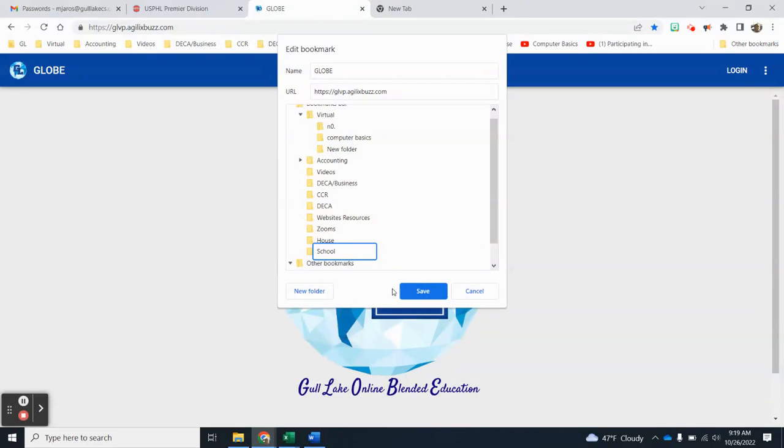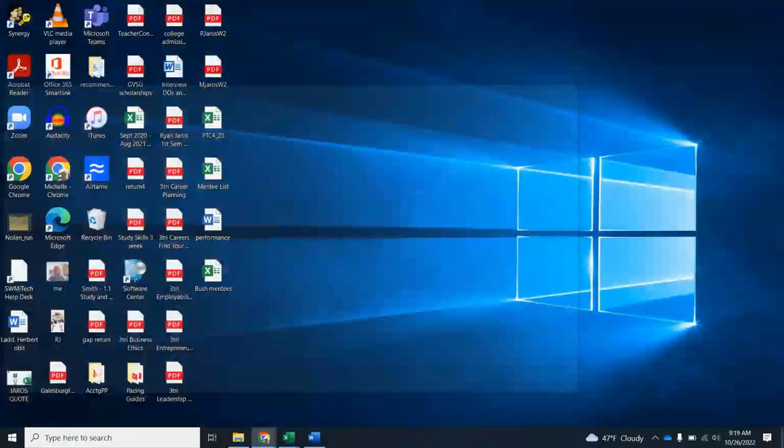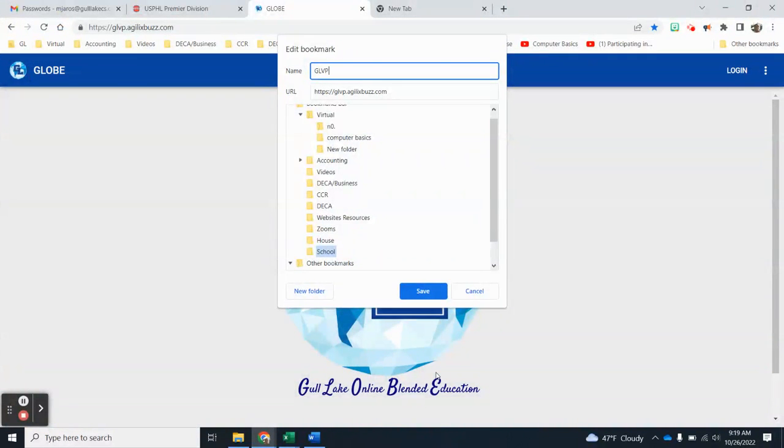And in my school folder is where I will save the URL. If you want to call it anything else, it's called Globe, but I might call it GLVP. Some of you do schoolwork with other partnerships, but this is GLVP. Here's the website, and it's going to be saved in this folder I just created called school,